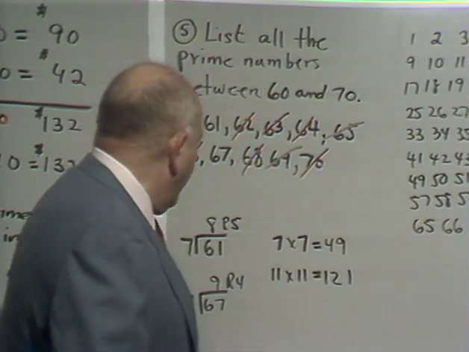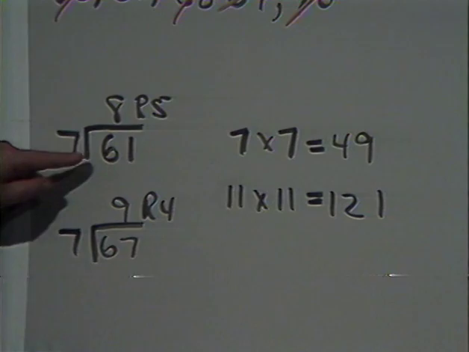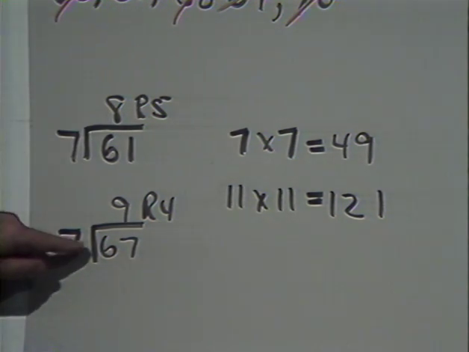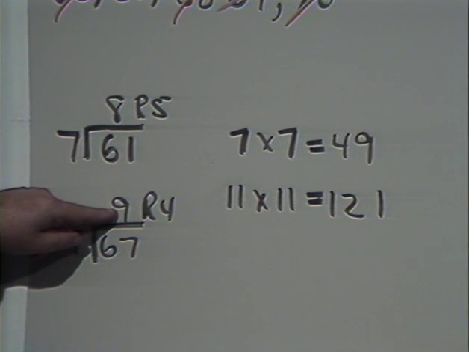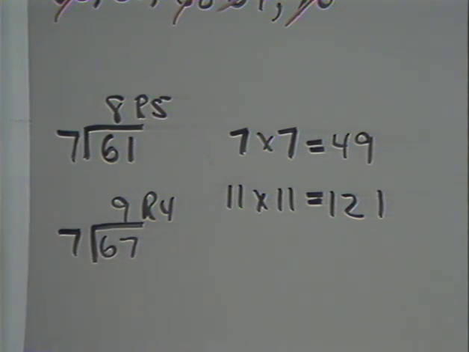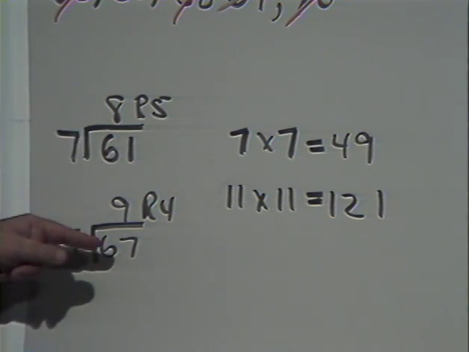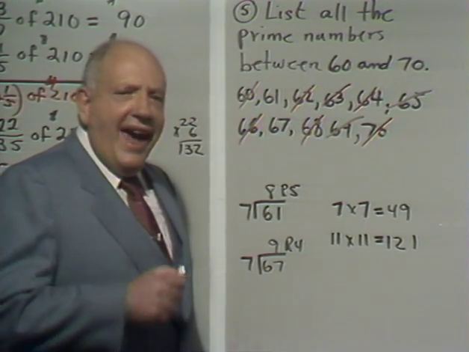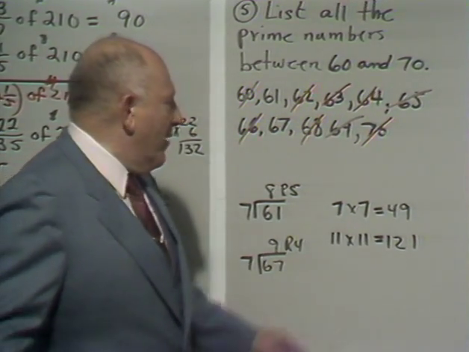The next prime number is 7. 7 doesn't go into 61 a whole number of times. 7 doesn't go into 67 a whole number of times. But you know, if the product of two numbers is 61 or 67, one of the prime factors has to be less than 8 and the other one has to be more than 8. Because look,